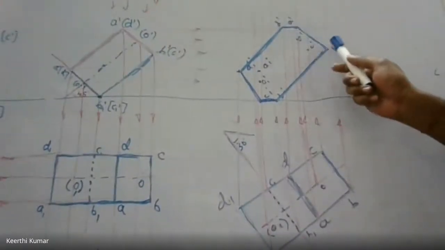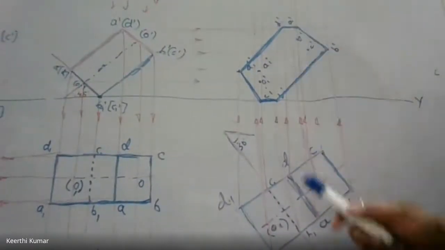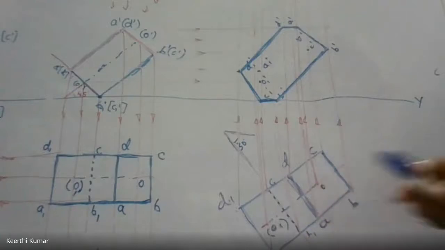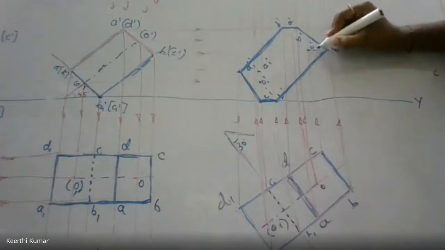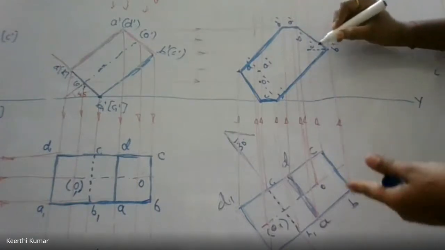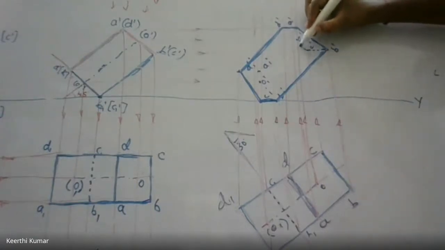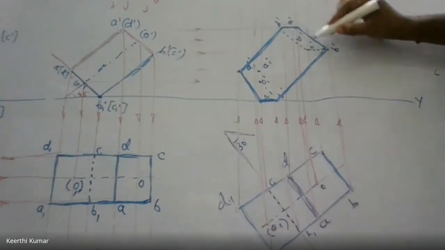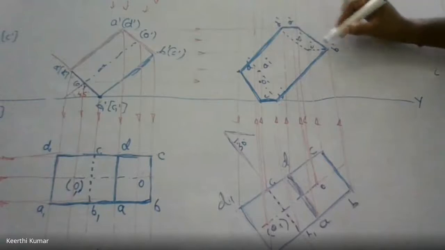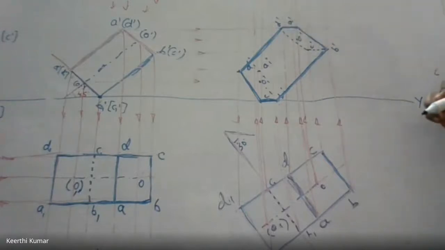Correct? Here, A to B is already connected. B to C I want, C to D I want. But with respect to this figure, it is far away. So whenever it is far away, B to C should be hidden, because this face is far away. C to D, you make it hidden. D to A is already outermost completely. So the top face is done: A to B, B to C, C to D.